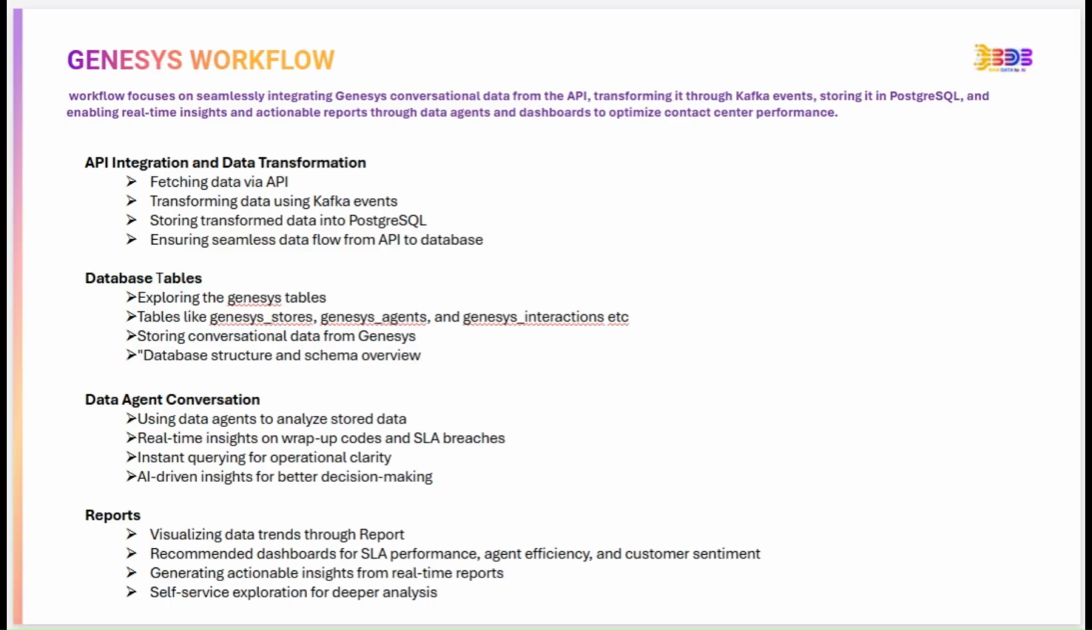Let's walk through how we integrate Genesys conversational data using an automated API pipeline into our PostgreSQL database. This process ensures that we can efficiently manage and analyze customer interaction data from Genesys in real time, enabling smarter decision-making and operational insights. Throughout this video, we will cover the following key areas of the integration process: API integration